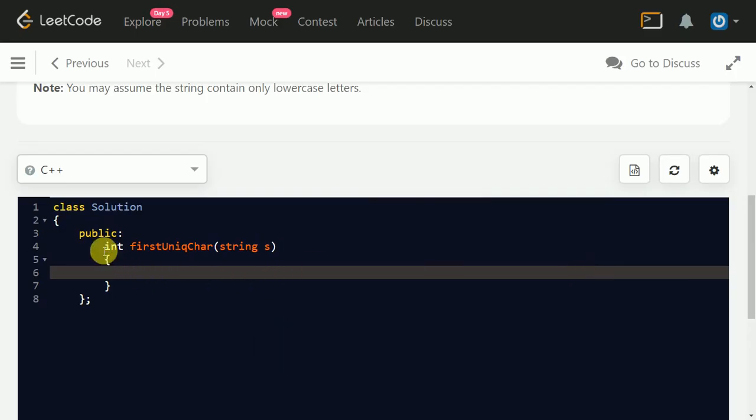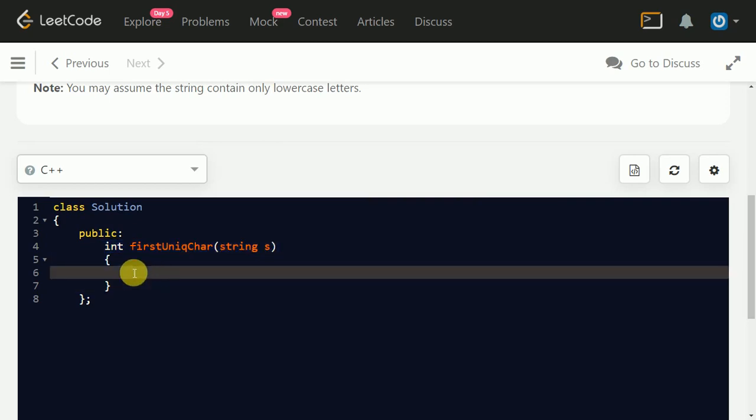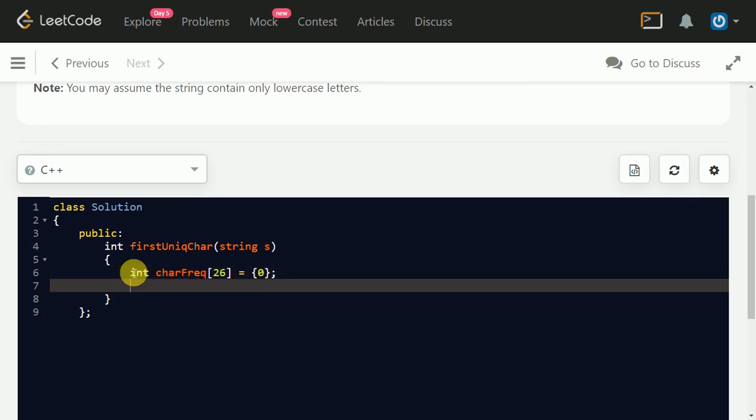So this is the function signature, or you can say function prototype. Now let's write the code. So the first step is to create that array of 26 bytes, and initialize it with 0. Okay, then, as I said, you have to maintain two variables: one of them was flag and another was string counter. I'm giving it the short name SCTR, for string counter. So this will be good.